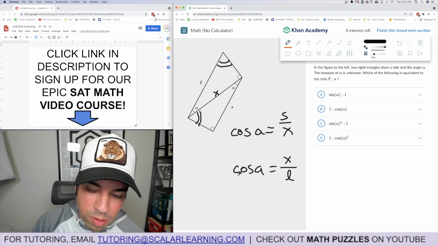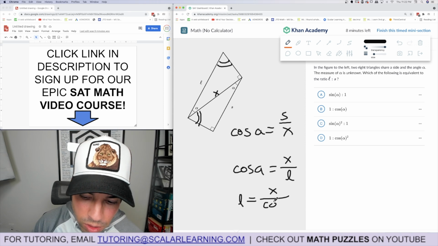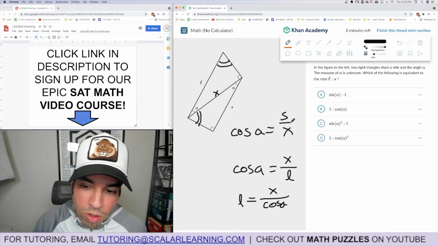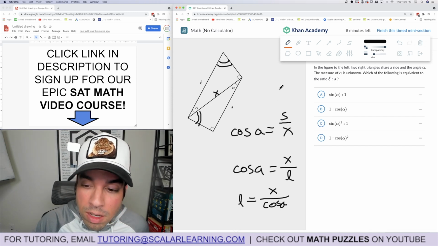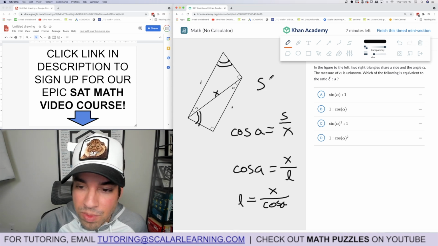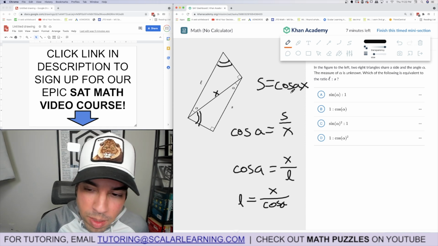So if I multiply both sides by L and then divide by cosine of A, I can say L equals X over cosine of A, whatever. And then if I multiply by X and divide again, no, sorry. I need to isolate S, excuse me. Then I say multiply both sides by X and I get S equals cosine A times X. So my ratio